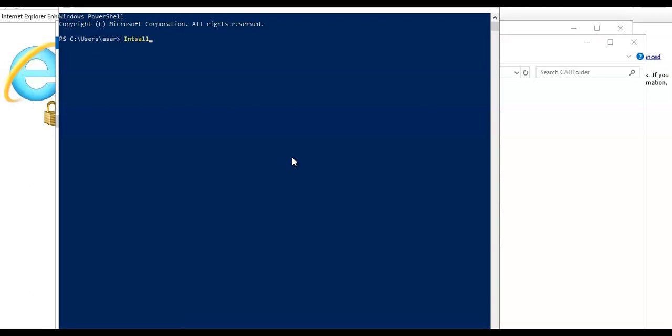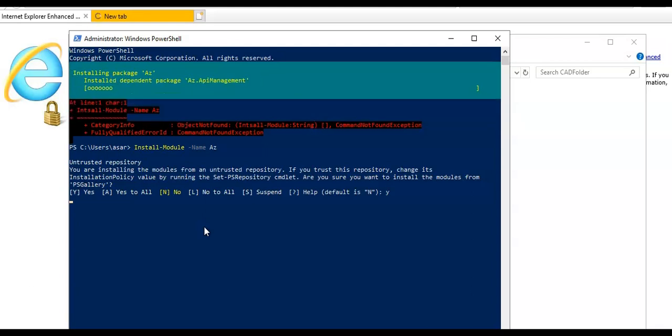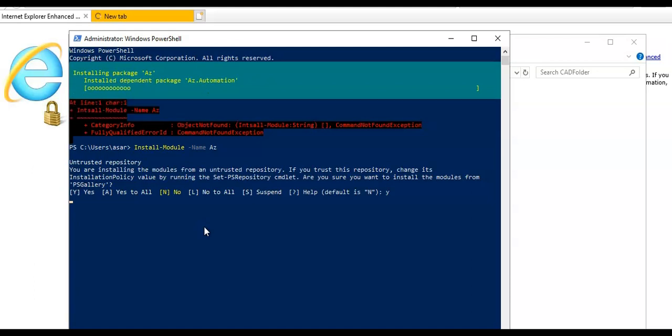Install-Module. It is installing the Az module here. After that, I will complete the assessment. So after the evaluation cmdlets are installed with Az, I will run Invoke-AzStorageSyncCompatibilityCheck for this cat file.